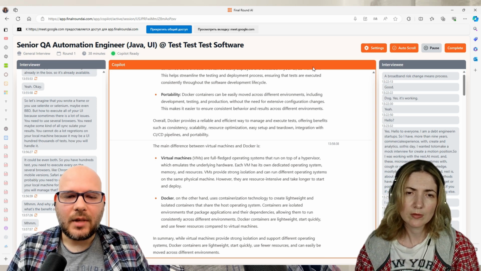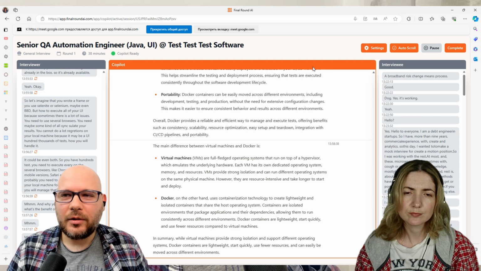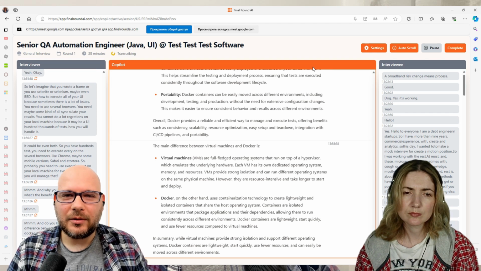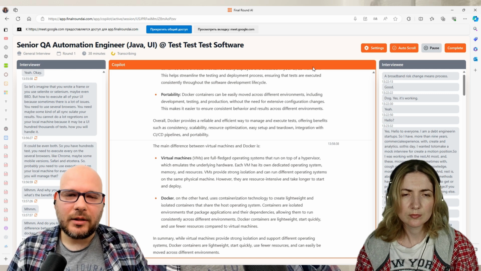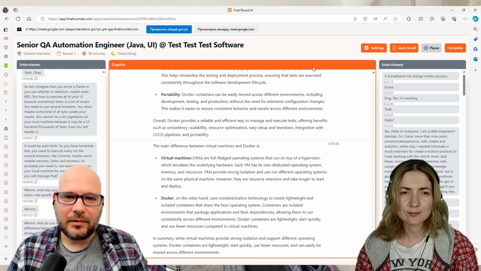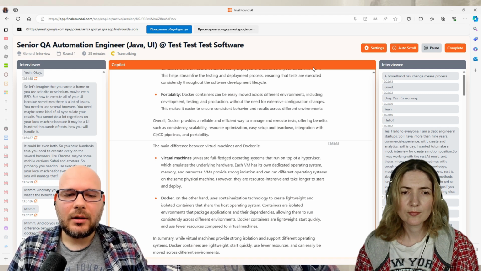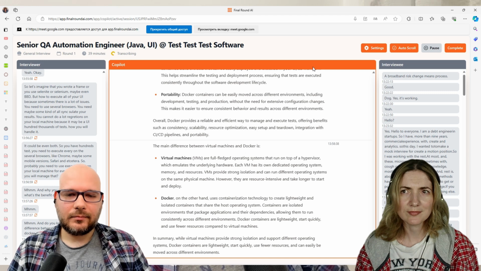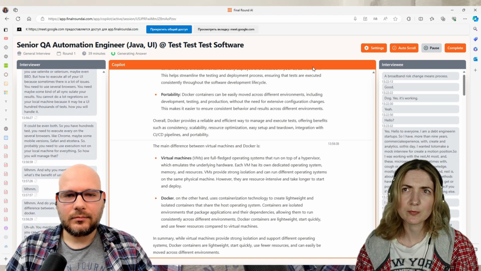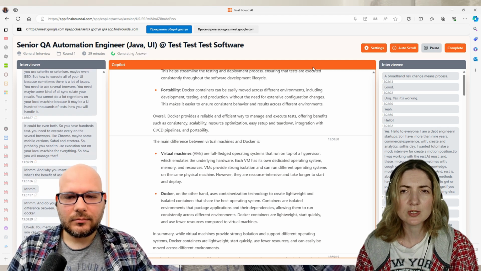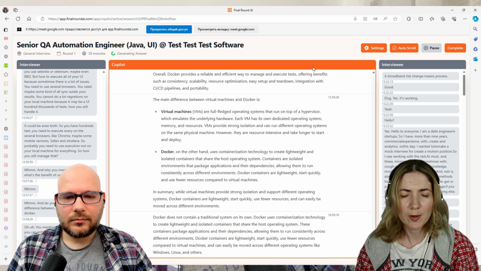Mm-hmm. You mentioned that using Docker, you can run it on Windows, Linux, and so on. So does Docker contain an operating system on its own, or is there some other way it works?